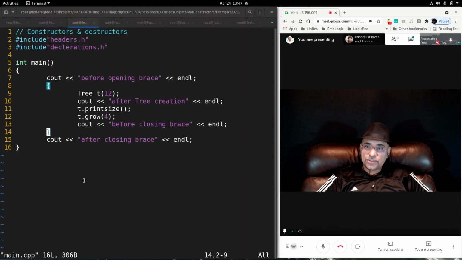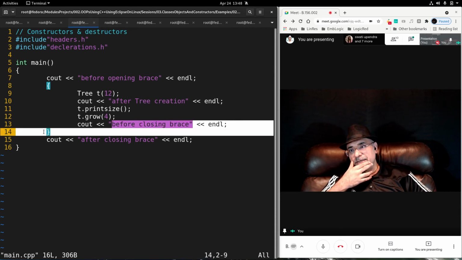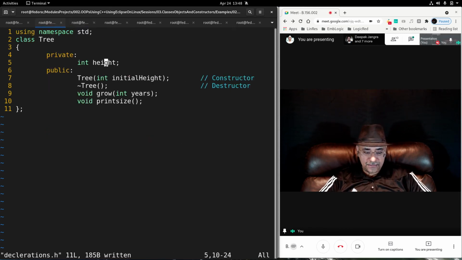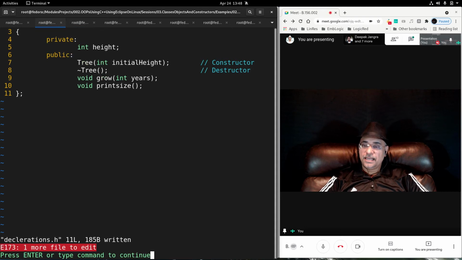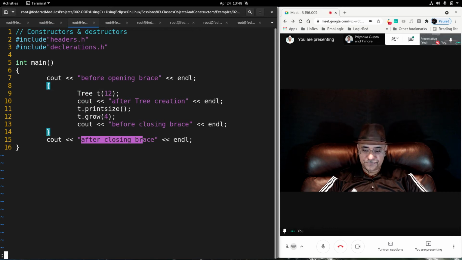Now notice this. So this is before closing brace will be printed. Then after brace, you will have after closing brace statement getting printed. Okay. Now let us compile and run this program and see how it behaves.